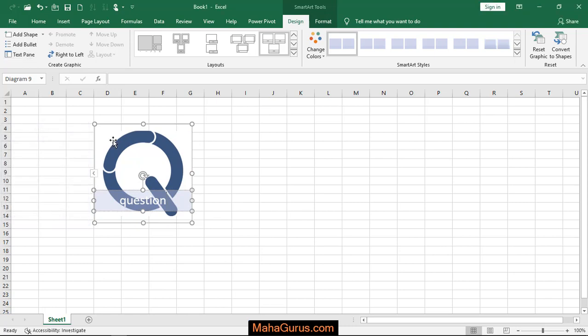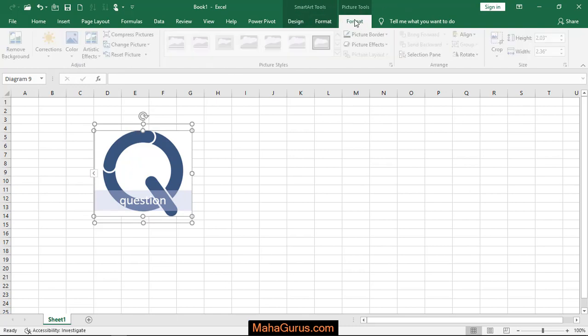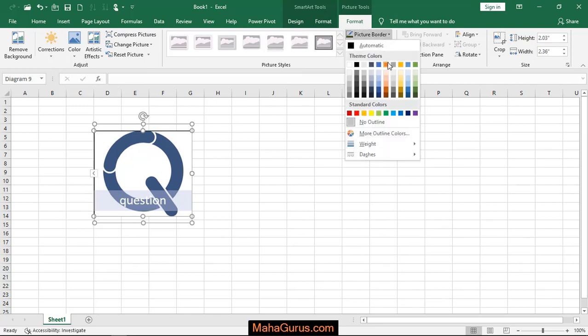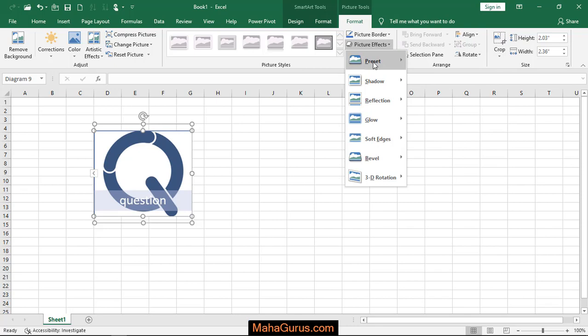I will close it, and whatever you want to edit related to this text, the picture or the layout, you can select it. In the SmartArt tools, design and format are related to the layout, and in the picture tools, this format is related only to this picture. So to edit this picture, you can select the picture, and by clicking on this Format tab, you can edit the border, or you can change the effect,